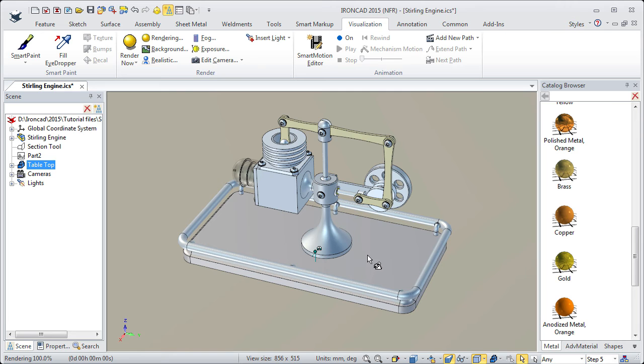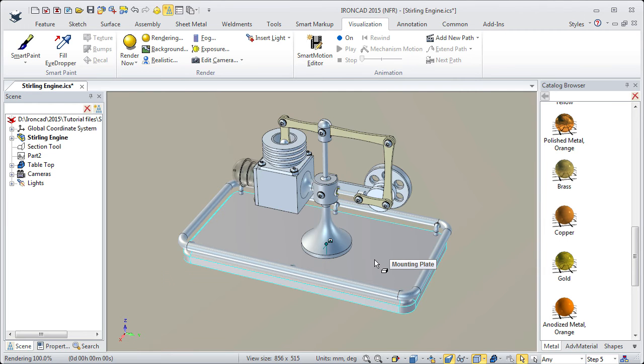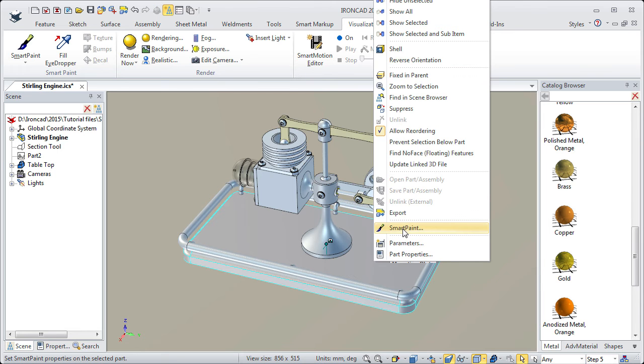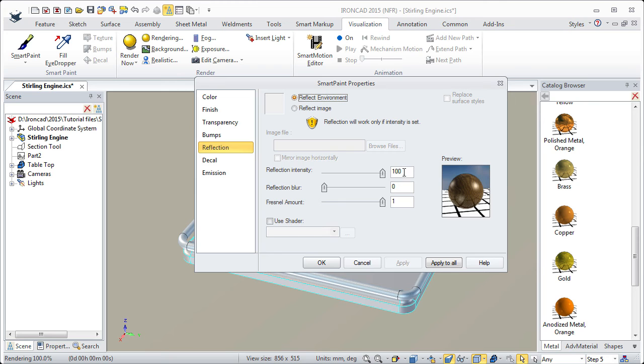And also we will select the mounting plate with Control Select and right click, and we go to Smart Paint, and here we have some reflection. Now it's like a mirror. Well, I think I will turn that to 15, and also some blur, 5. Click OK,